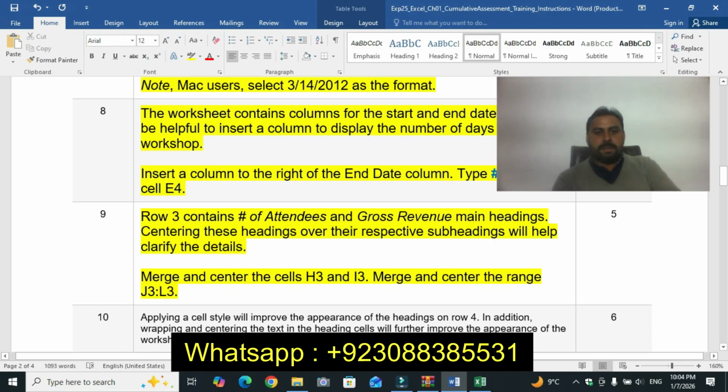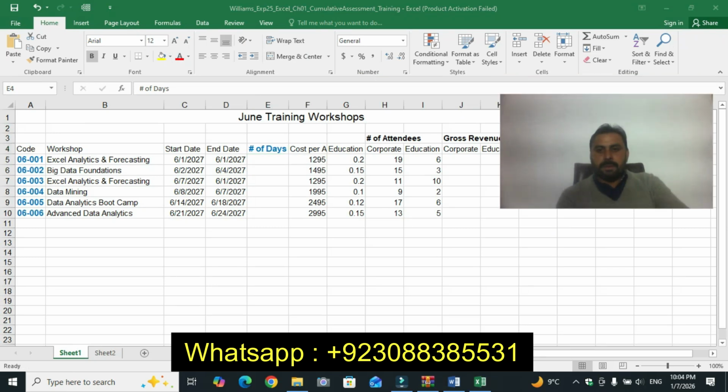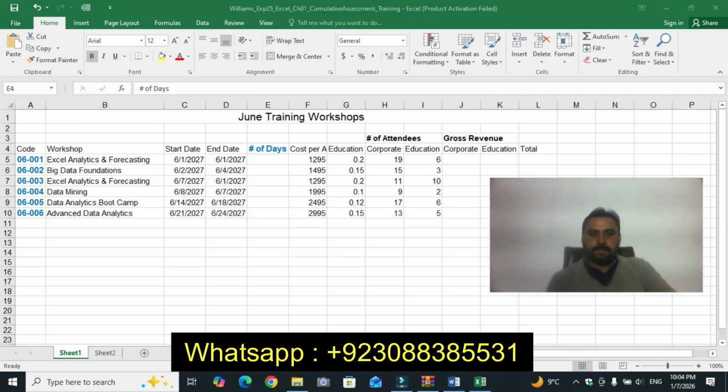Merge and center cell I3. Merge and center the range J3 to L3.